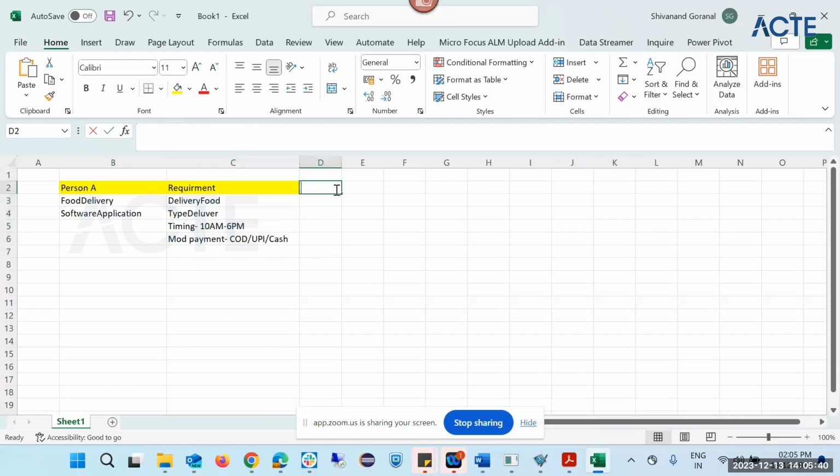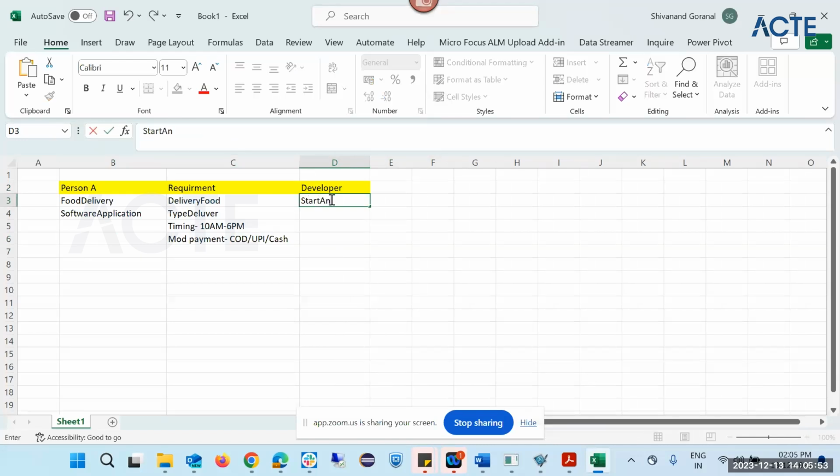Who will develop it? The developer. He will analyze your requirement. First, he will understand what your requirement is. Your requirement is food delivery; what type of delivery? He will start looking at and analyzing everything. Analyzing means understanding the requirement, and then he starts developing it. Once the software is developed,